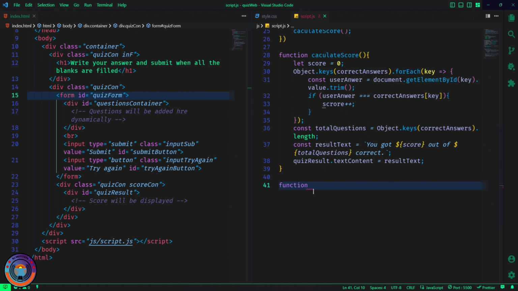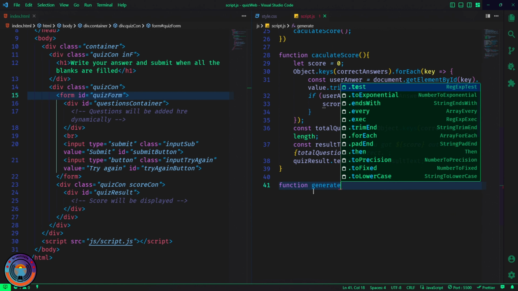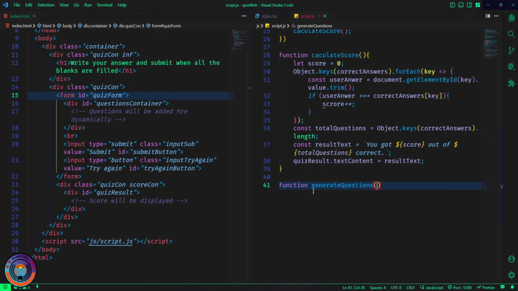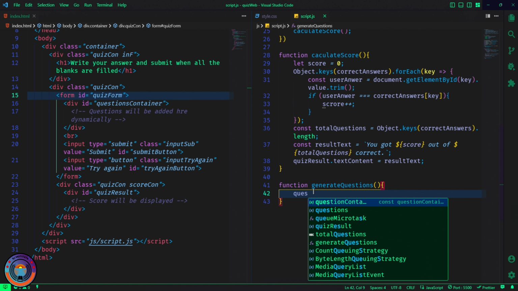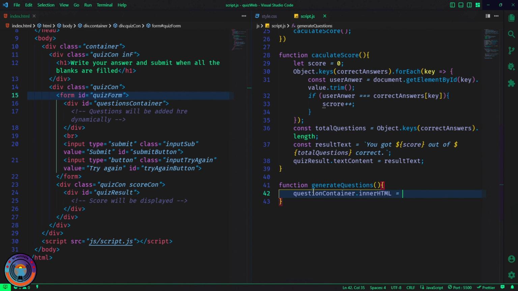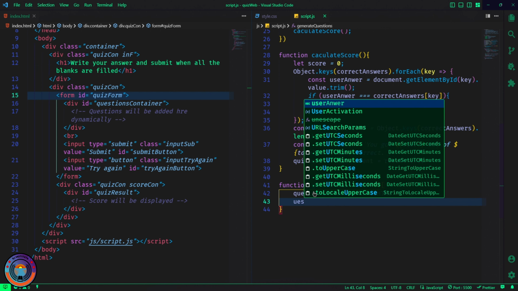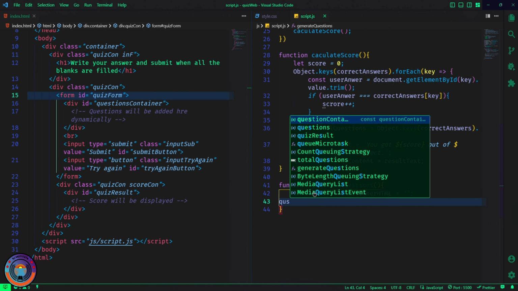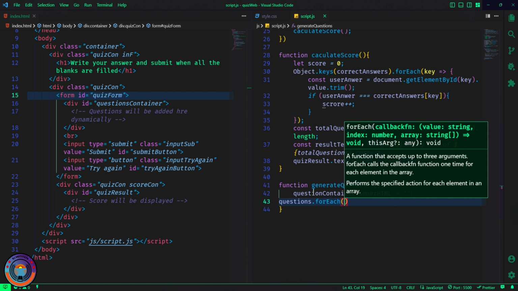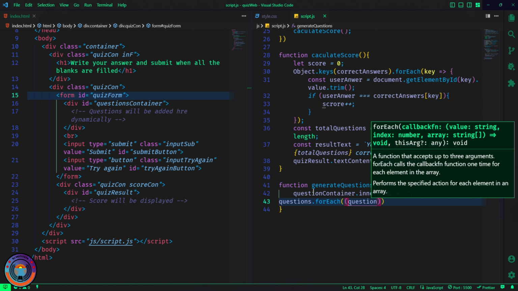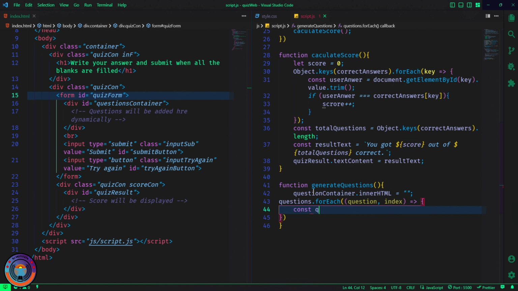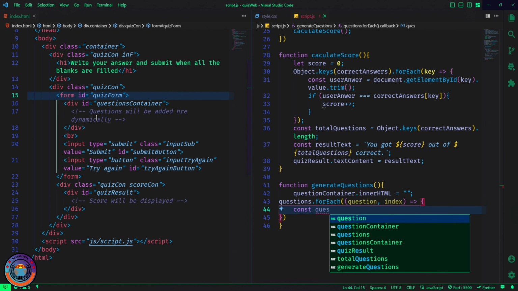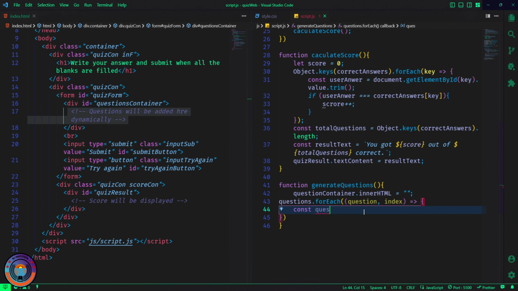Here we are going to use a function called generate questions. So we write questions container dot inner HTML. This will be none, and questions dot for each. We are going to target for each questions like question and the index, that is the value. This will be an arrow function to the question div. So we are going to add a div here. So for that we are going to write question